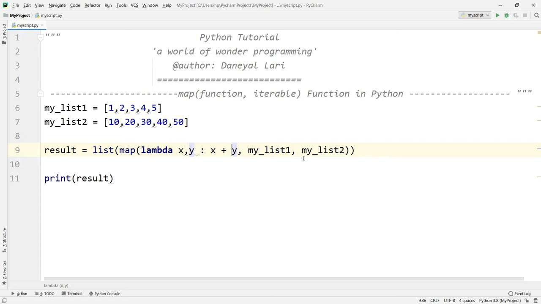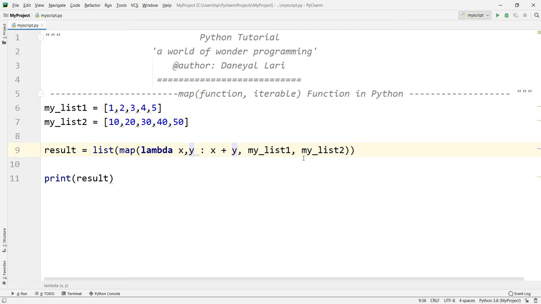So I hope the map function is clear to all of you. Just do the practice. It looks simple, but when you go and do the practice, you will get errors, then after that you will remove them, and after that you will be confident. Okay, so I hope the map function is clear. Still, if you have doubts, then you can put your queries into the comment box and I'll give you the answer.